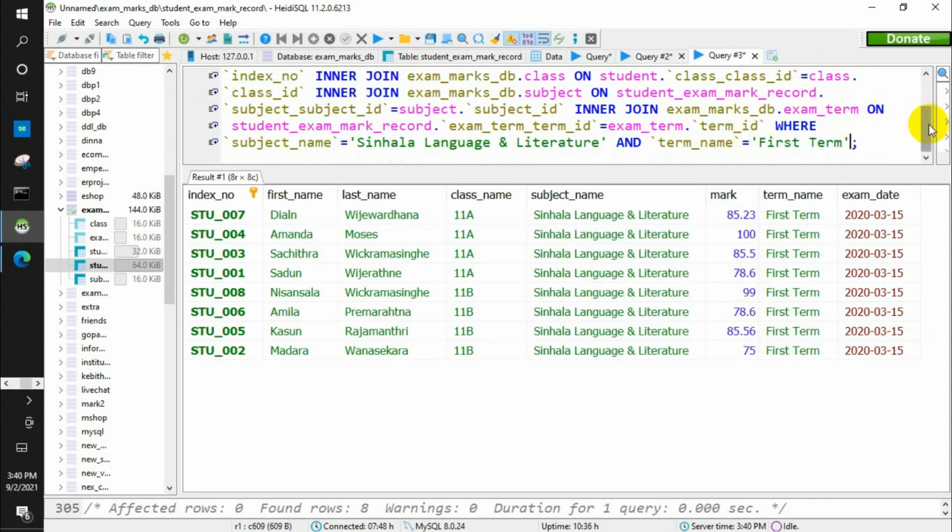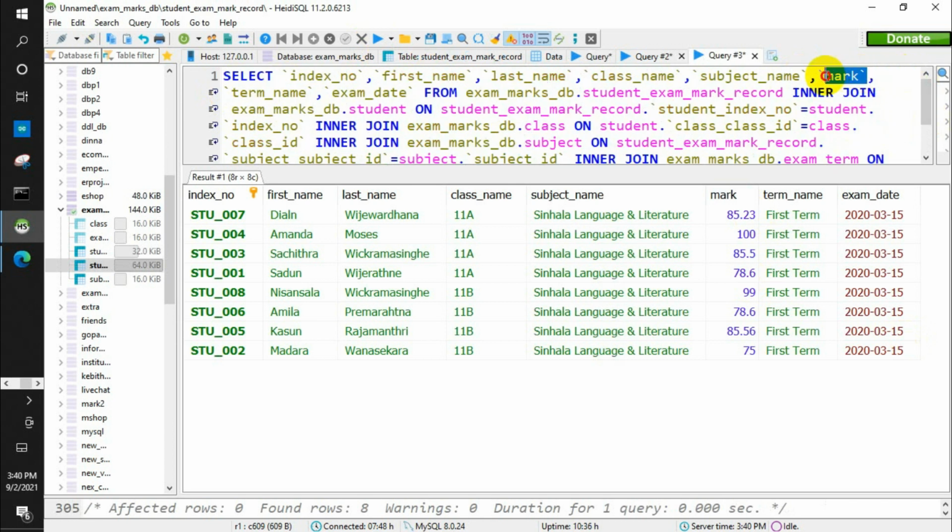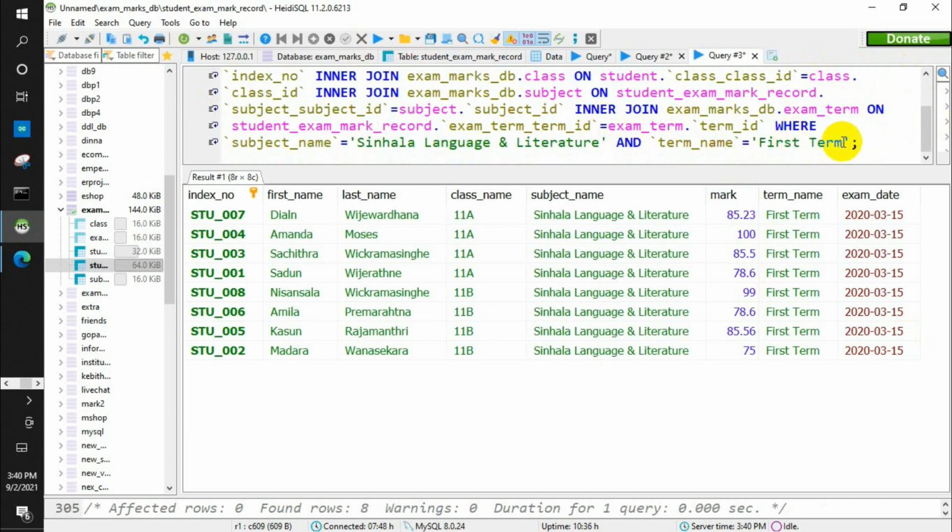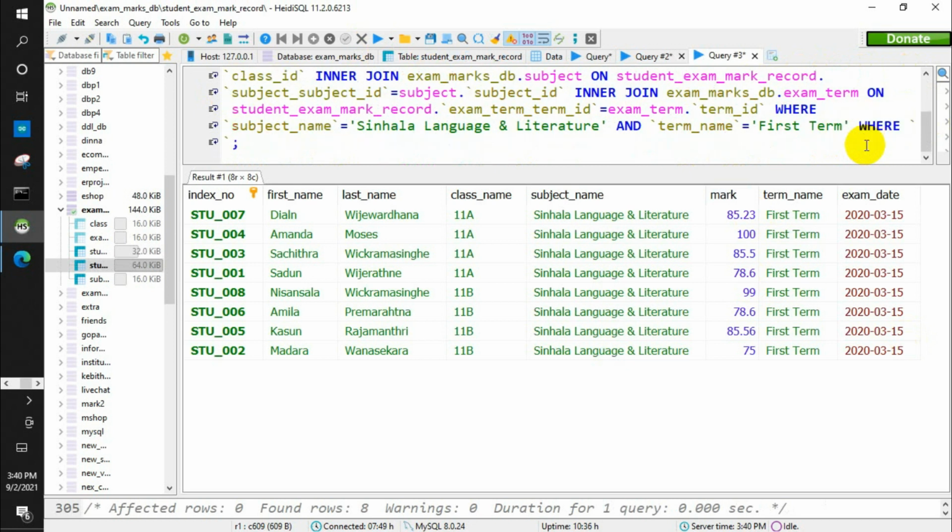Now once you mention the mark table here, you get the marks also, but now I have to find out the least mark. So mark should be equal to, now I have to mention the subquery here.